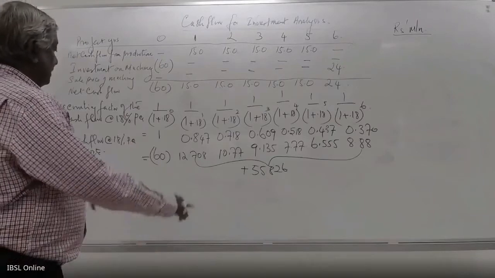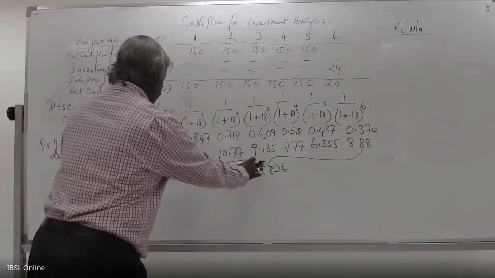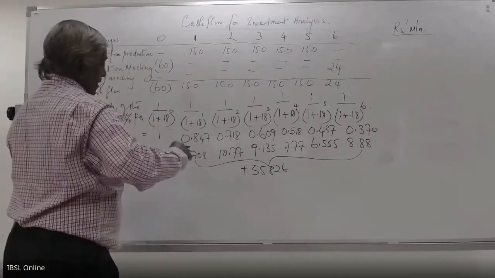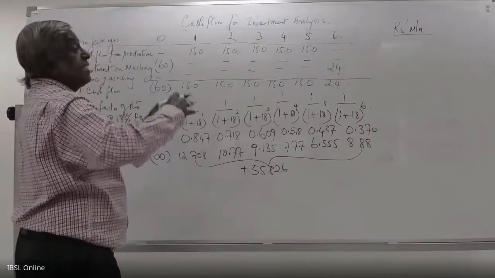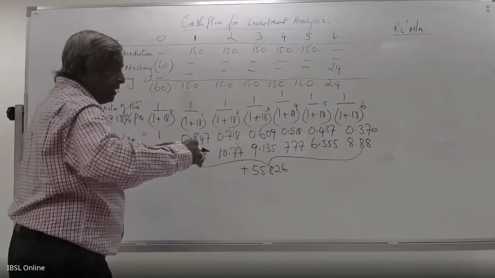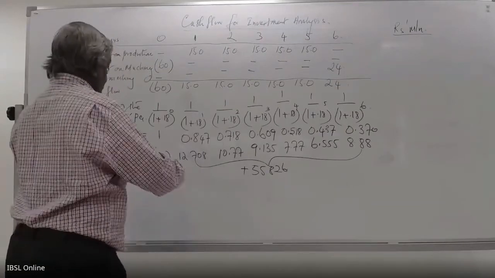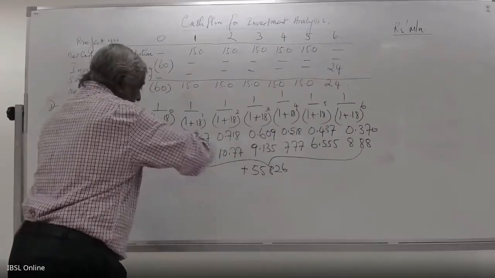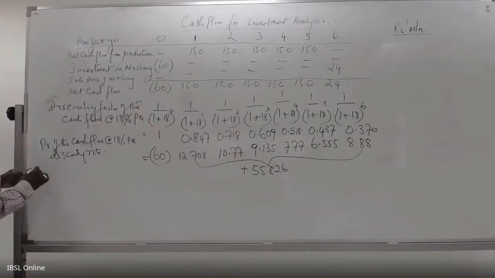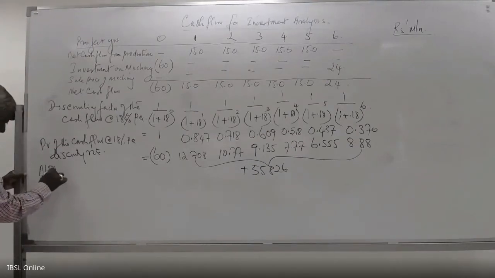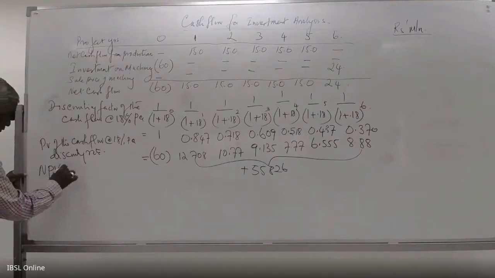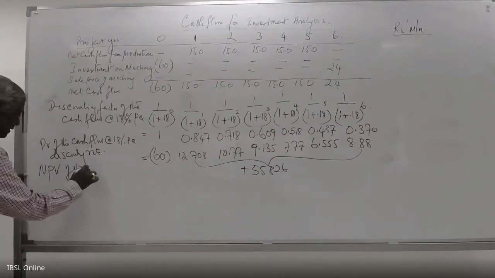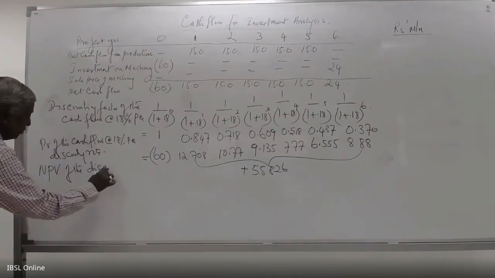Now the inflow minus outflow in present value is a net value, so we call it net present value, NPV. Net present value of the discounted cash flow